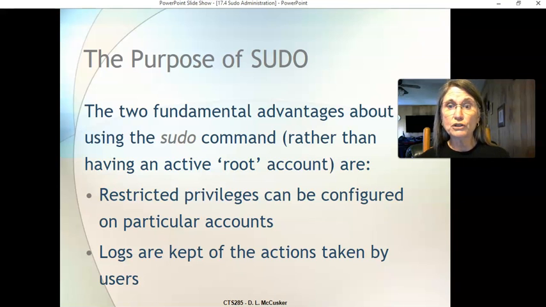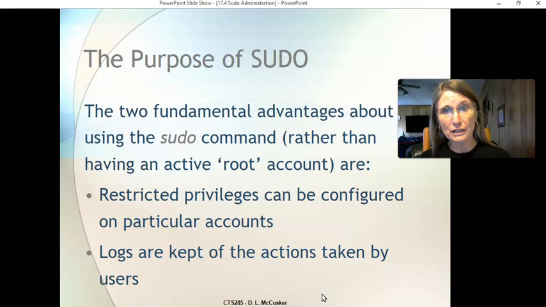Well, sudo offers us the capability to give certain privileges to only certain accounts. So it's more granular than root, which is just like the shotgun method. Once you are in that root account, you can do anything